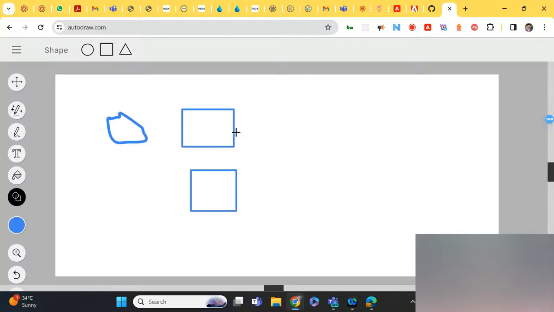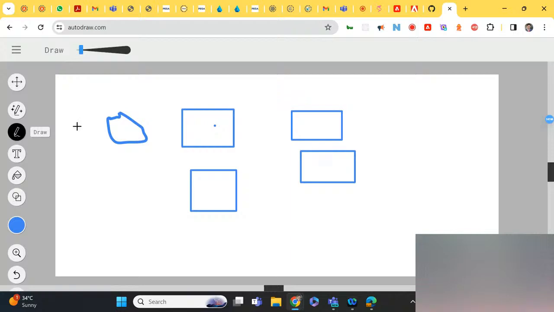So this is dispatcher one, and this is publisher one and publisher two. This is dispatcher two. Here, each dispatcher is connected to both of them.